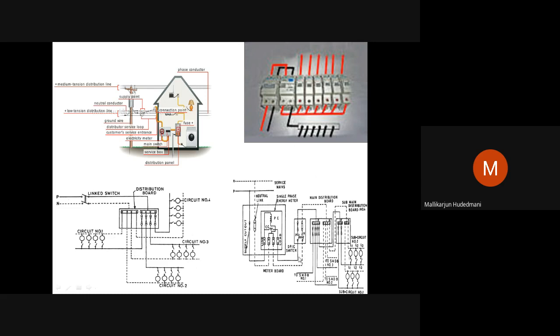Then what about the two lines, one line and one neutral, shown by color here. Red is a line, black is a neutral. So red becomes multiple red: one here, tap one, next one, second circuit, third circuit, fourth circuit. Like this way, one line which is incoming from the distribution company wiring is made into multiple lines via the protection of miniature circuit breakers. Similarly, neutral is made as multiple tappings. You can see multiple red dots are available here.